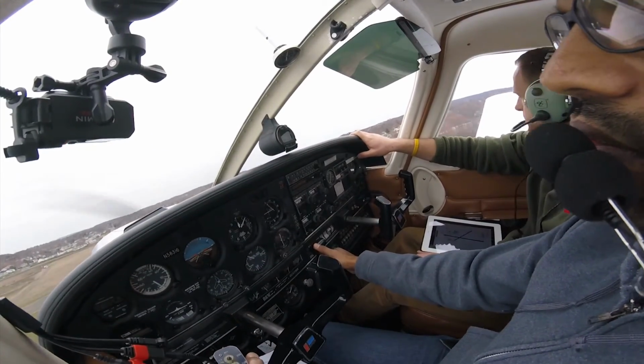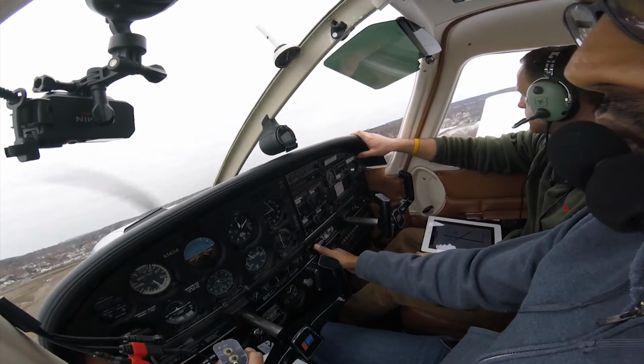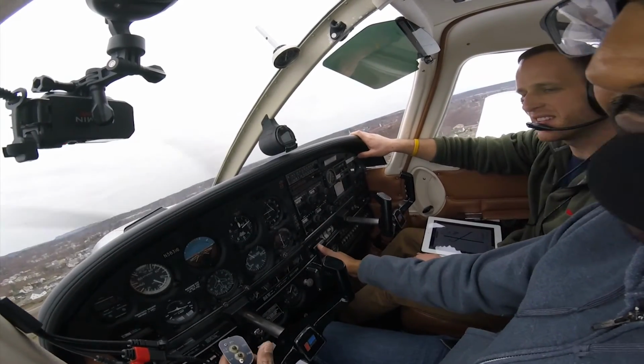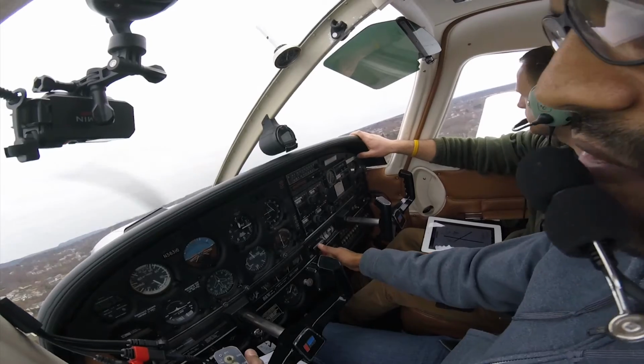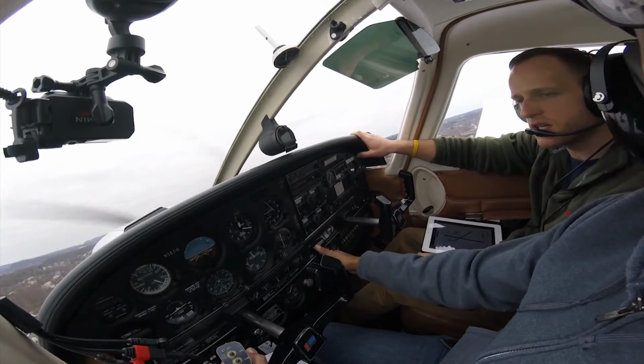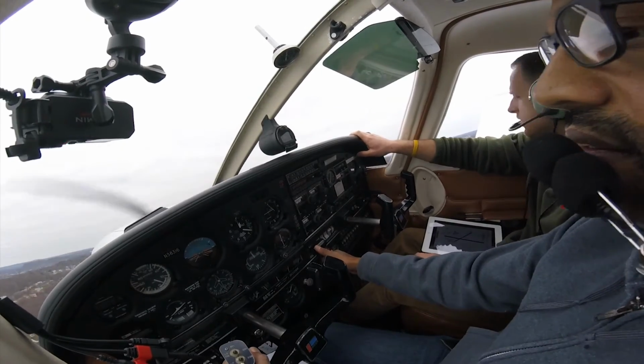Gotcha, okay. Wow, that just pulled up, gains altitude really fast. Yeah, it's pretty cold today, so we get some good performance out of the engine. Alright, so